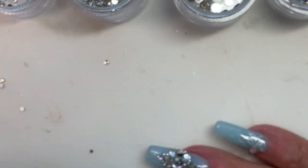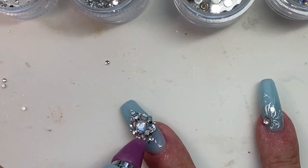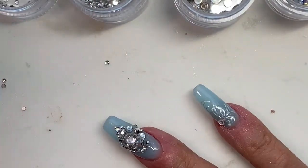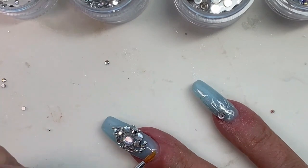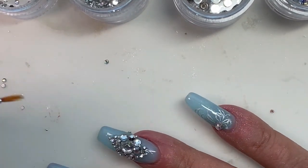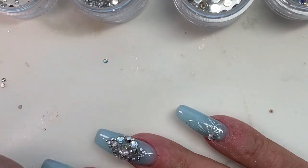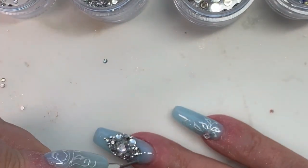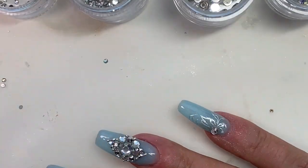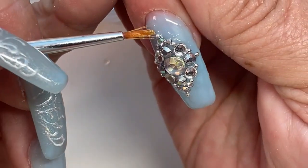As you can see, some of my caviar beads are escaping down the side where I had too much glue over there, and they're running off. Don't worry, I will wrangle them back in place in a minute here. This one wasn't as bad, but see, there they go. But when we get to the thumb, you'll see the issues that I'm going to have because I put way too much glue on there. Seems to be a recurring theme for me lately. I don't know what's going on with this glue problem, but...